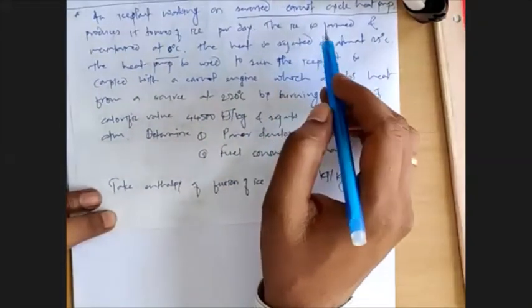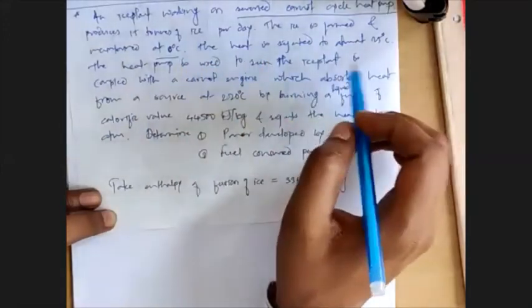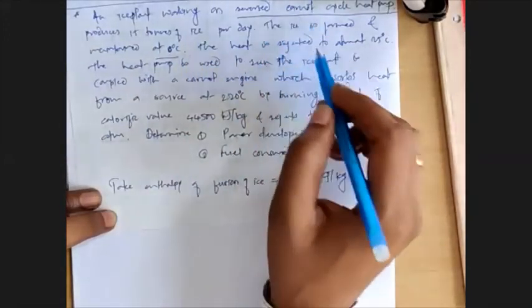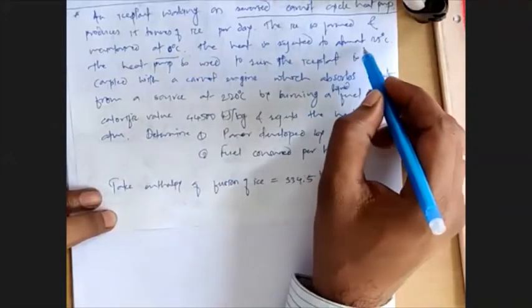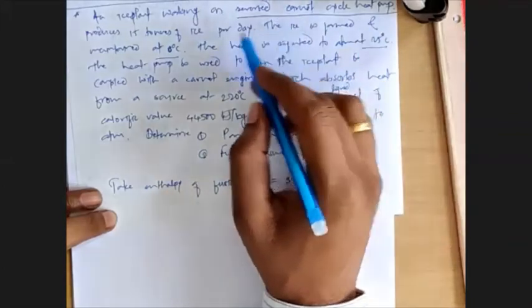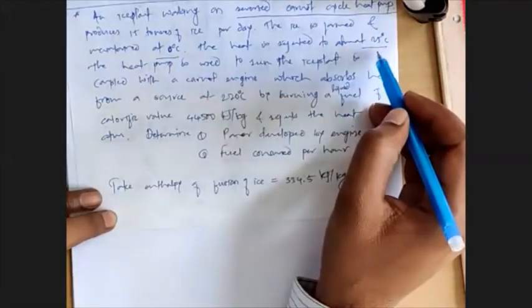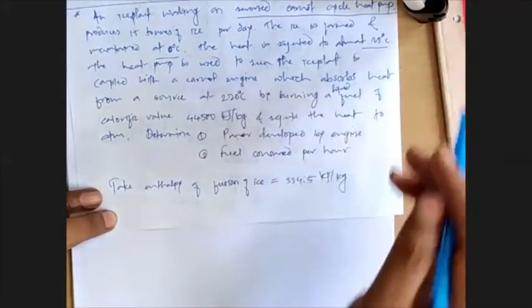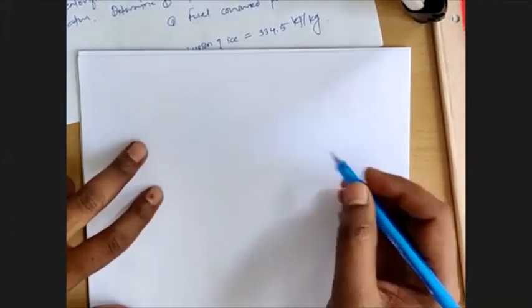While producing that ice at 0 degrees Celsius, that heat pump, or reverse heat pump, was rejecting heat to the atmosphere at 25 degrees Celsius. So the body temperature is now 0 degrees Celsius and the atmospheric temperature is 25 degrees Celsius. So let's try to draw a sketch based on this given data. I hope this is visible clearly to each one of you.